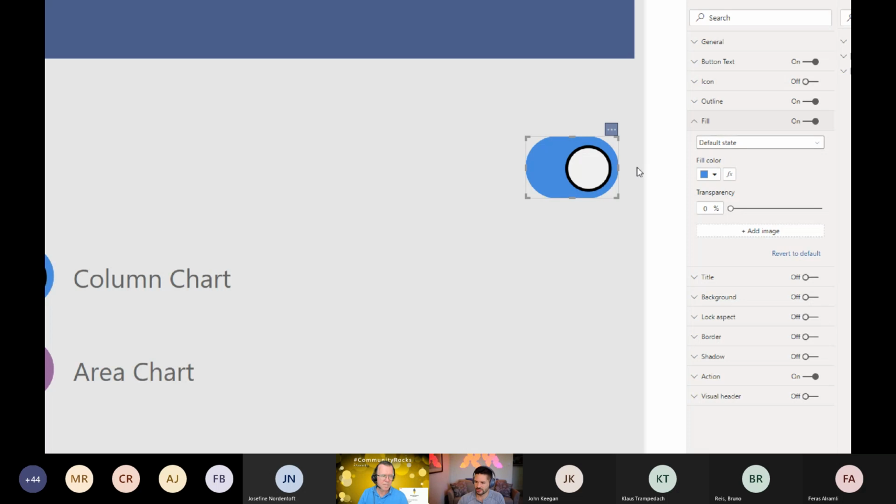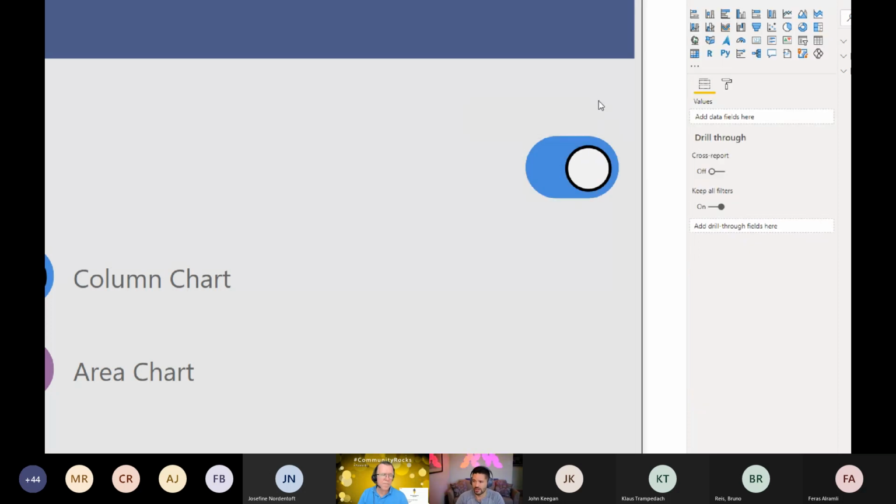And almost the exact same logic in here for the fill. And between all of these, you've essentially created the effect of some type of a button that allows the kind of toggling back and forth between it. But I think this is just a great example of, again, how highly configurable the buttons are in Power BI, and the fact that your text can be symbols and a bunch of other stuff.